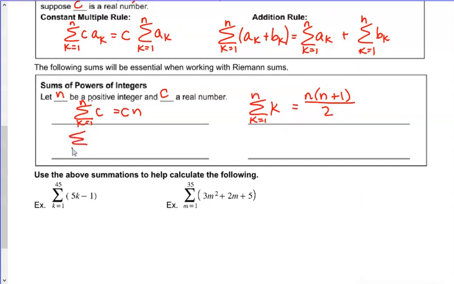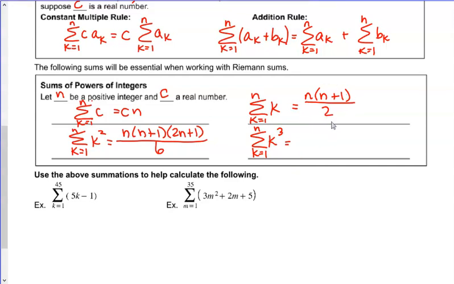I'll give you 2 more of those, for k squared and k cubed. So if we do k squared and I put 1 in and square it, 2 in and square it, 3 in and square it, all the way up to n and square it, then what is the sum of that? The formula for that would be n times n plus 1 times 2n plus 1, all over 6. And our last property that I want you to know is the k cubed one, and that is simply